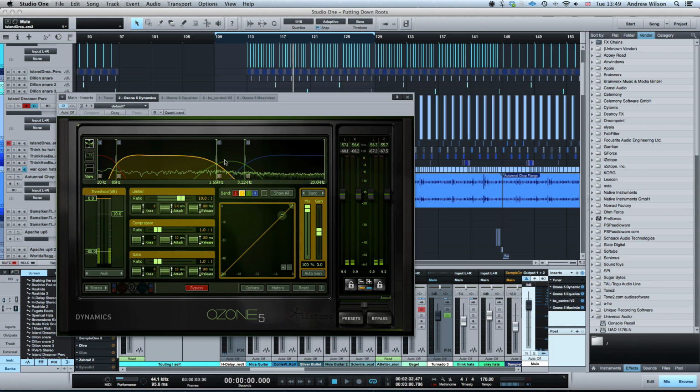Doesn't look like I did anything there. And we've got some compression around this, kind of around the top of the snare, the crack of the snare area. So I probably listened to other tunes and just thought the snare needed bringing out. So we zoned in on the snare,